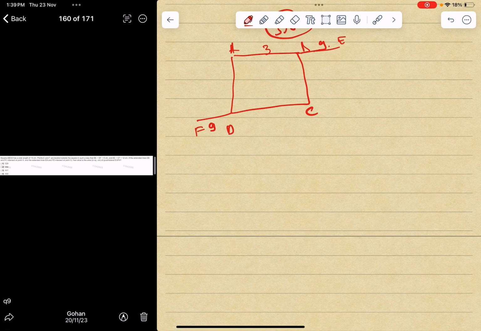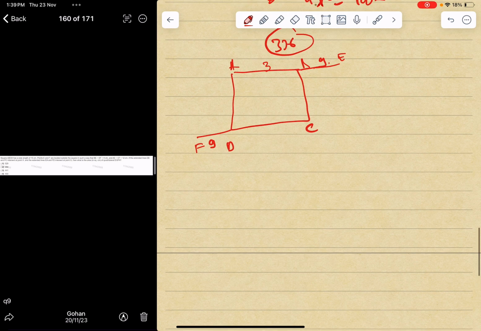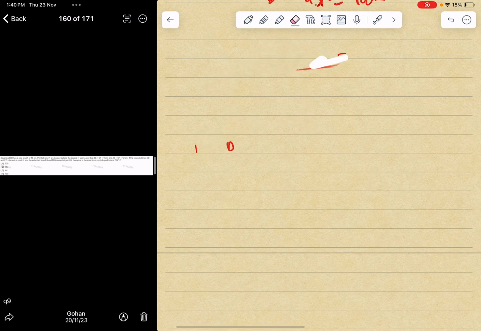So what did you get from it? Nothing. So if we take it straight like this, this will be 3, but that is not possible because we know the length of the square is 15. So the figure will be somewhat different, and this complete game lies in making the figure.